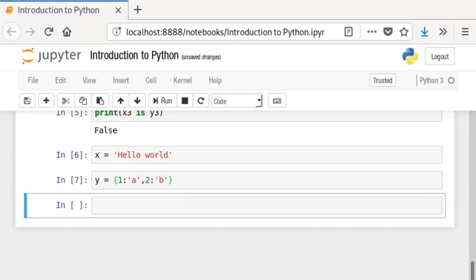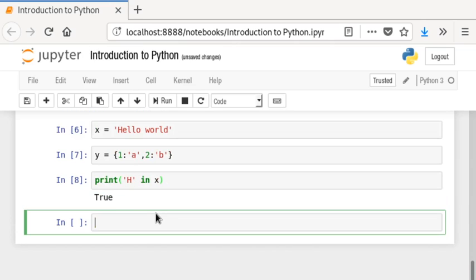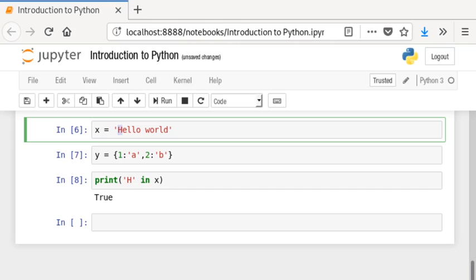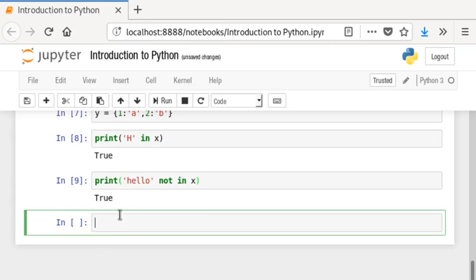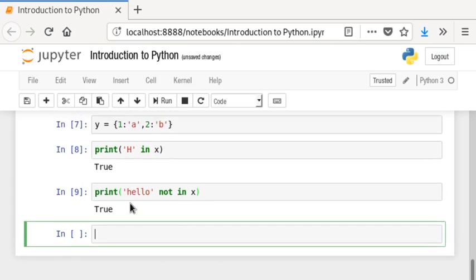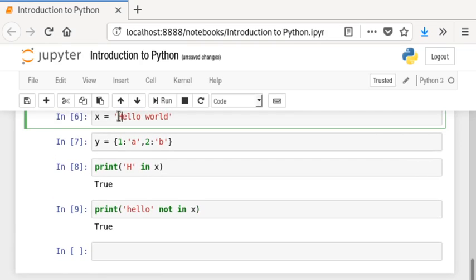And check whether h is in x. It's true because h is present over here. Next example, hello not in x. Again it's true because H is a capital letter over here.